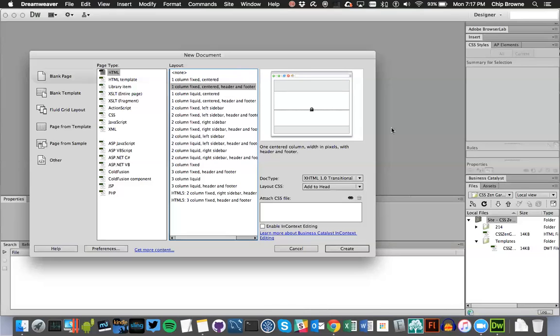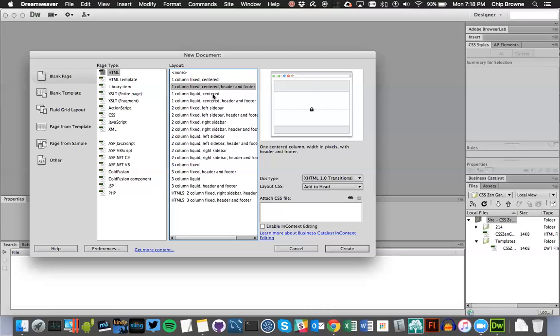What is your page layout design? I think Scotty said that you chose a one column fixed, which is centered, which has header and footer. How about you, Ryan? Would you be able to describe what yours was? One column fixed, centered with only header. Okay,